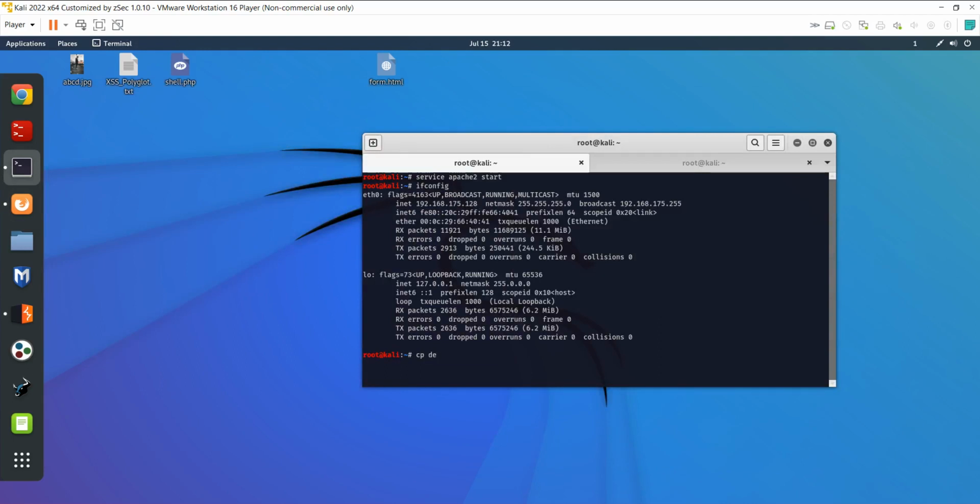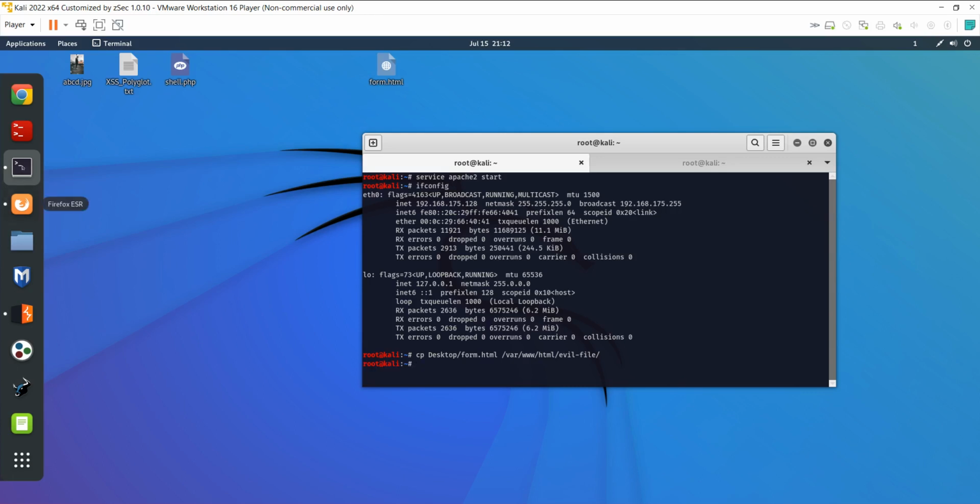Just type desktop, and the file I am copying is form.html. I am copying it to that folder, which in my local machine is under www/html, a folder I made manually. Here I want to copy that file. If I enter